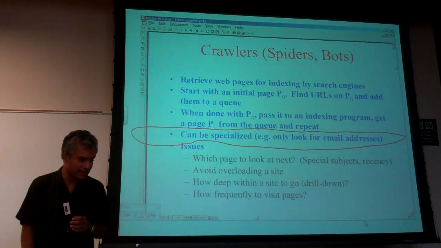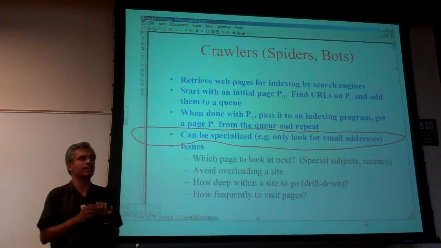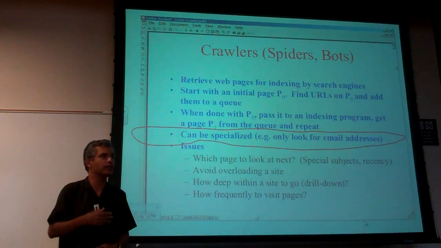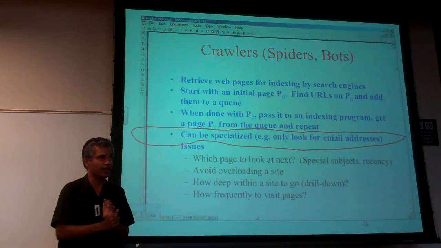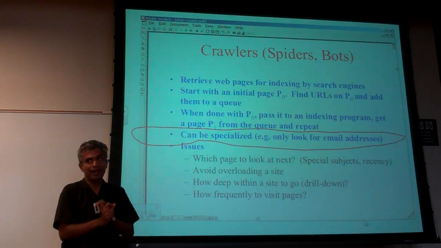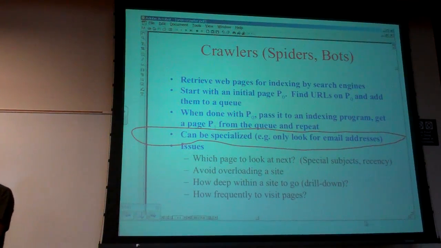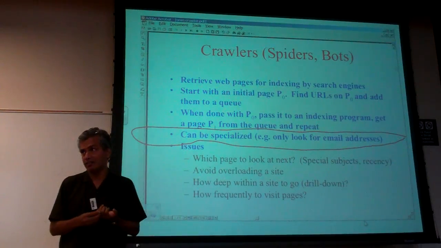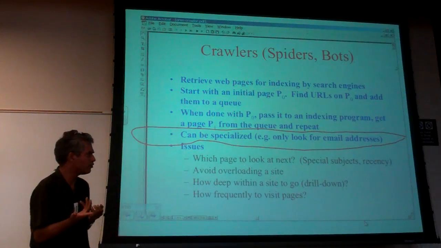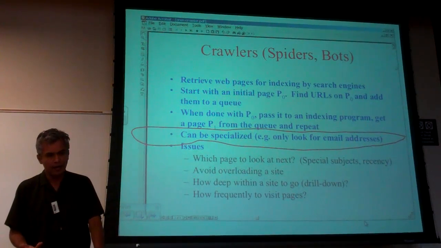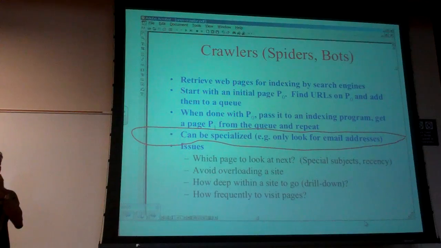The question, of course, is the kind of search strategies that all of you have heard of in data structures, and some of you in other courses too, things like breadth first, depth first. That's not particularly interesting in this case. In fact, you might want to have some sort of prioritized search where certain pages get crawled more often than others. We'll try to figure out what would make reasonable metrics for deciding the importance of a page for its crawling priority.